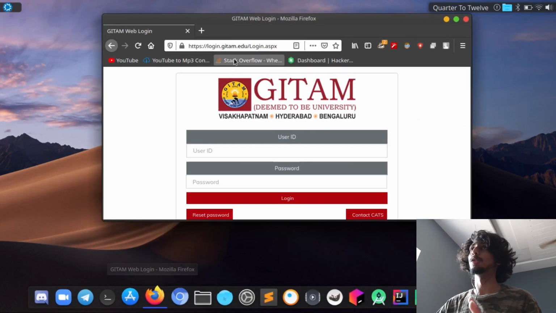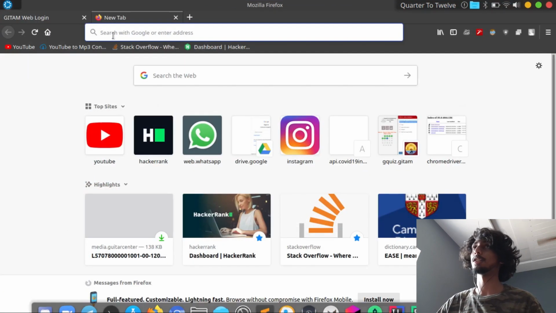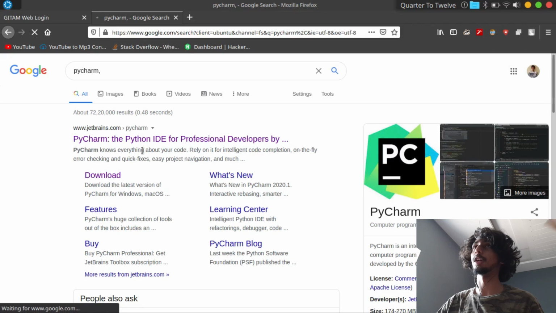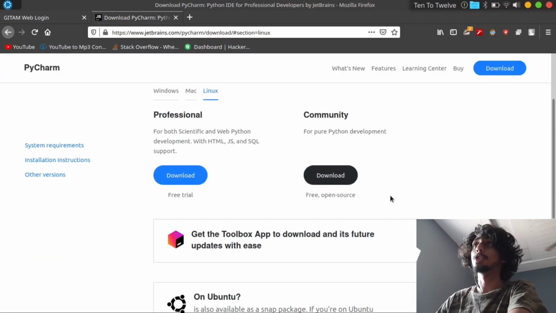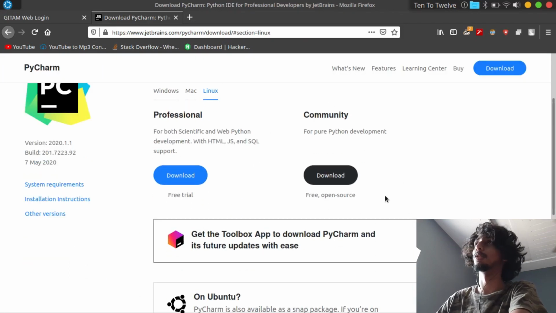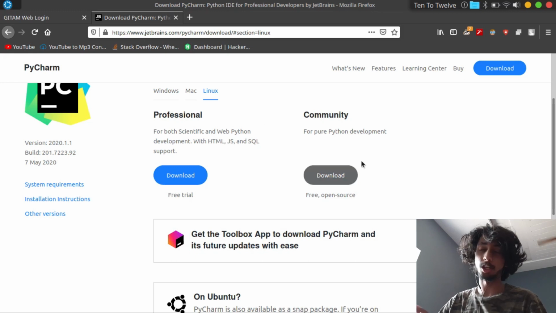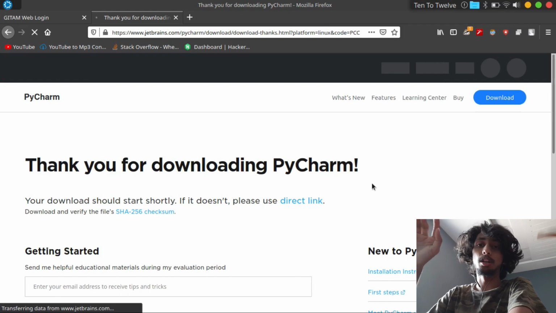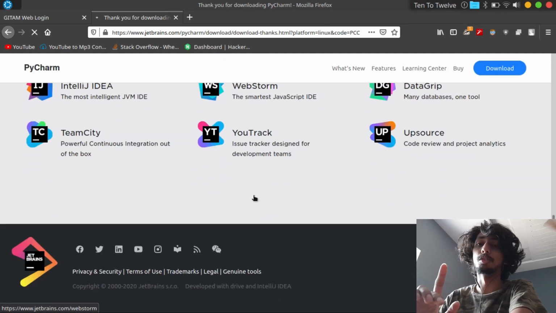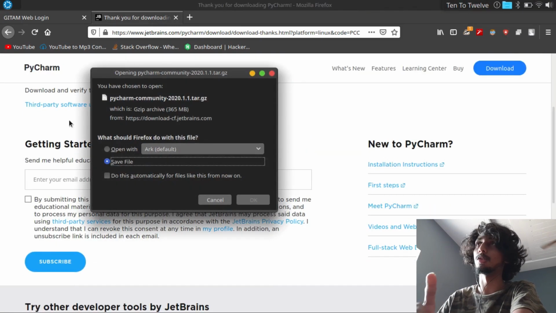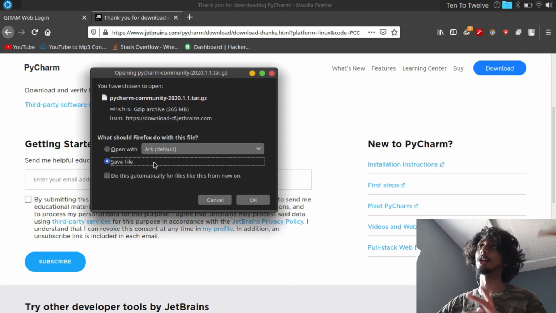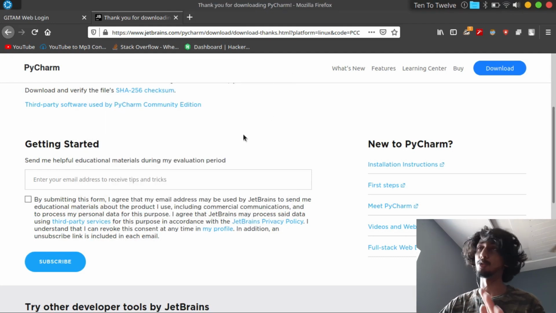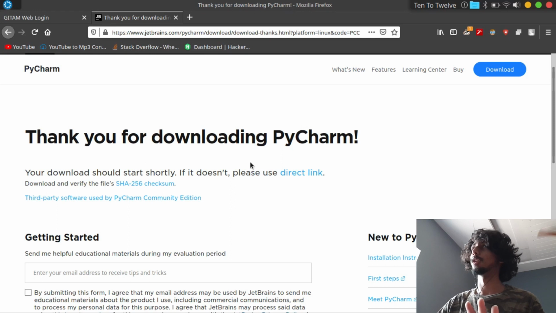So first, go to the browser. I'm going to give the links in the description. Click the first link and then choose the community version. Just click on the download, and I am using Linux. When you hit download, the website's going to check if your system is running Windows or Linux or Mac OS, and it's going to download the file according to your system, so you don't have to worry about it, and you just have to install it as a regular software.